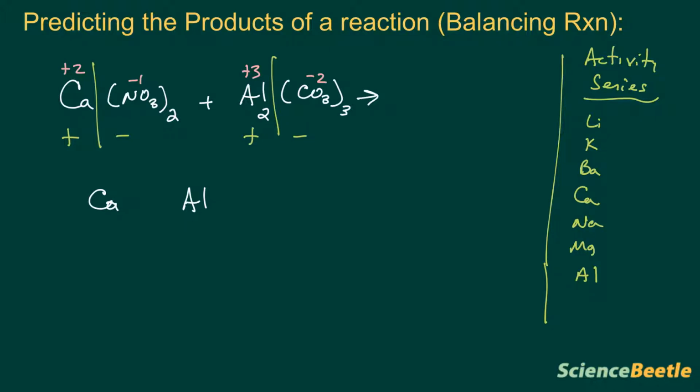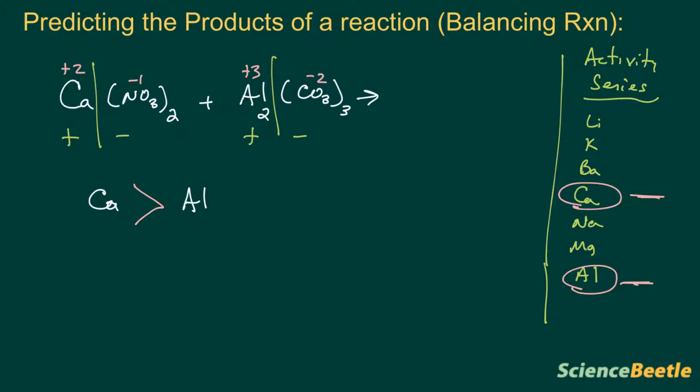And so what you're looking at here is you're going to be comparing calcium with aluminum. Notice that calcium is higher than the aluminum, so therefore calcium here is going to be greater than aluminum. And so the very first product that we actually form is going to be the product involving calcium. And so what you'll find happening here is that the calcium will combine over here with the carbonate, forming